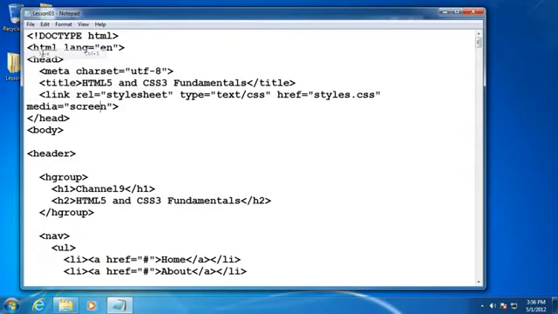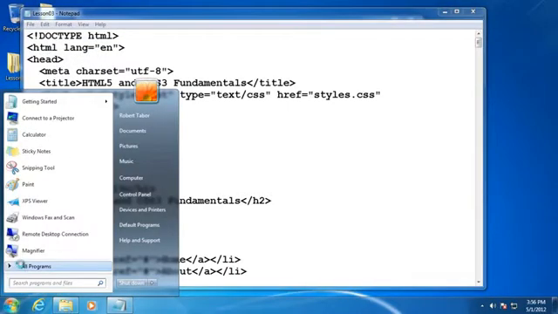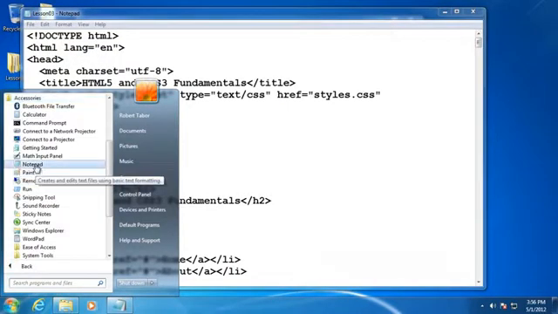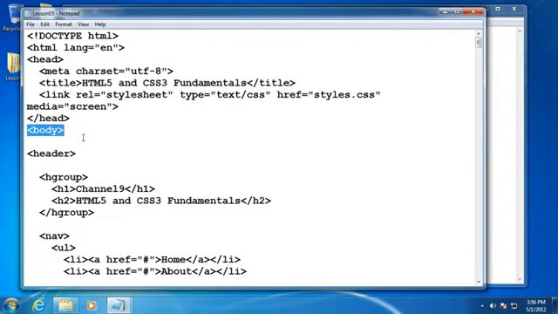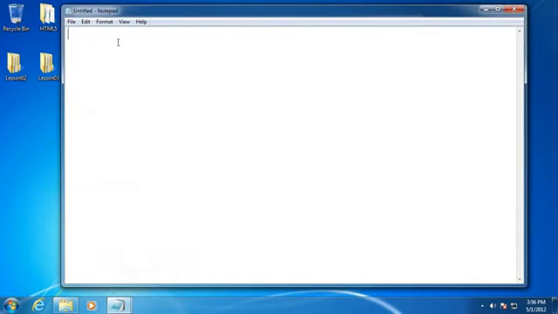I'm going to save that, and now I'm going to open up a second version of Notepad, and I'm going to create the styles.css file. So just so we have something in there to begin with, I'm going to style the entire body, setting the font for the entire document. So I'm going to select the body. So I'm creating a CSS selector and say, basically, I want to change the font